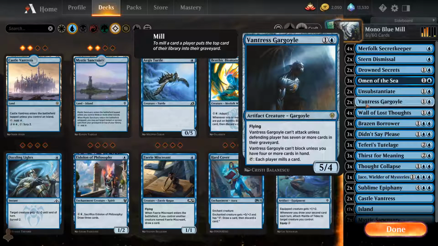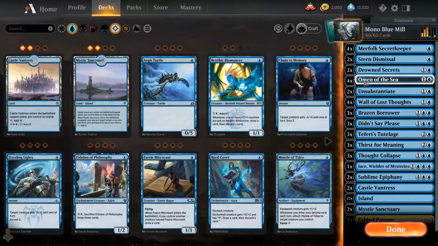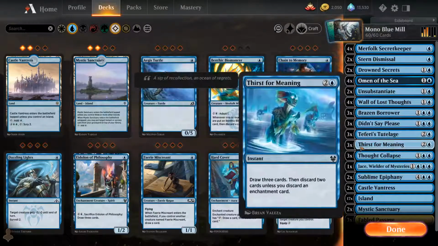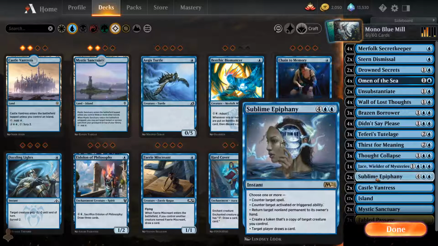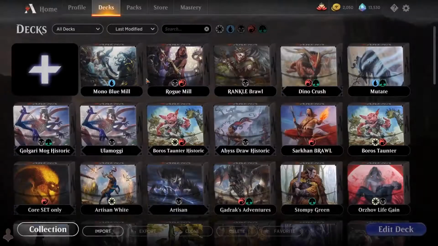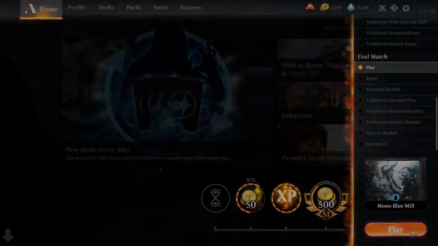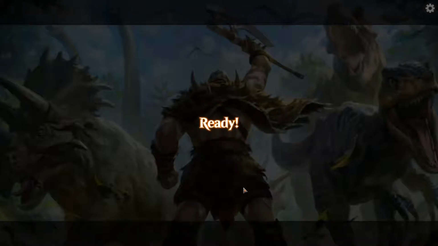The thing is, do we actually need... We don't need the Gargoyle either, it doesn't do anything for us. We'd rather have one more Omen and probably one more Borrower or one more counterspell. Okay, so let's try one more game with these changes. We have a little bit more card draw now. I mean, the flying gargoyle is a good blocker and it can actually kill creatures, but it doesn't help our